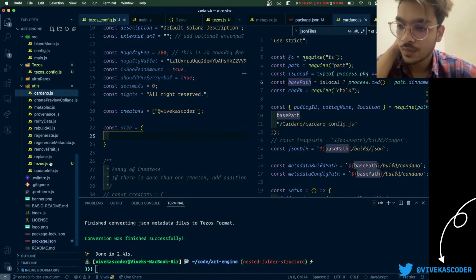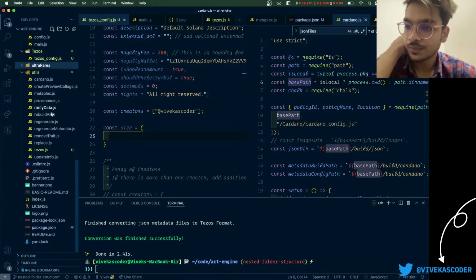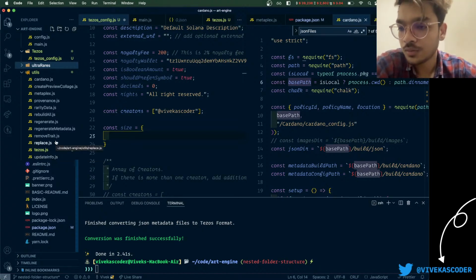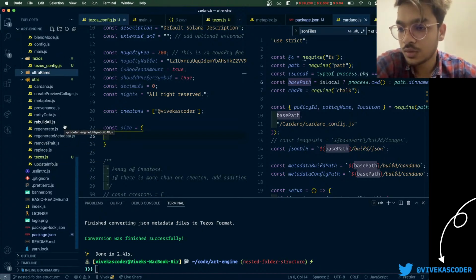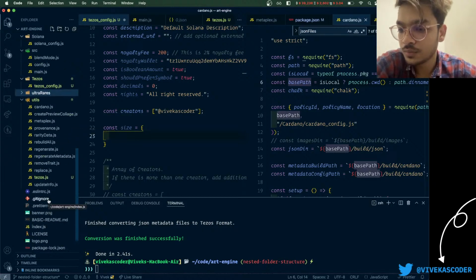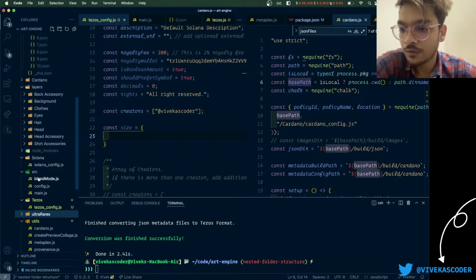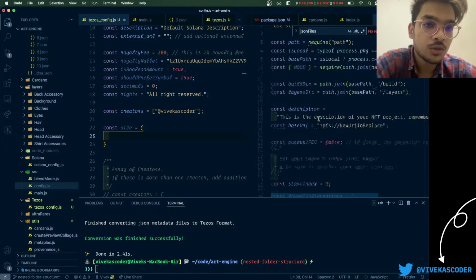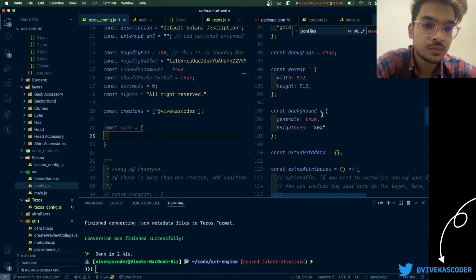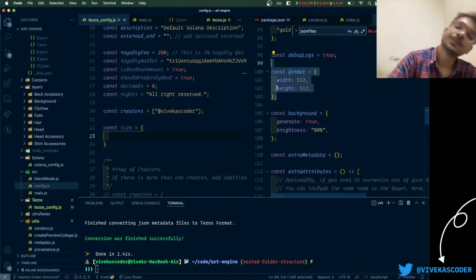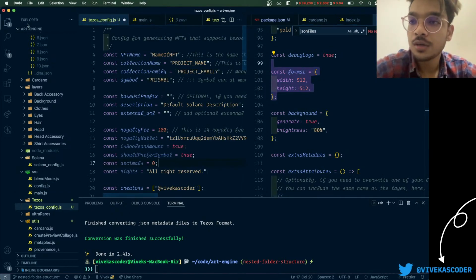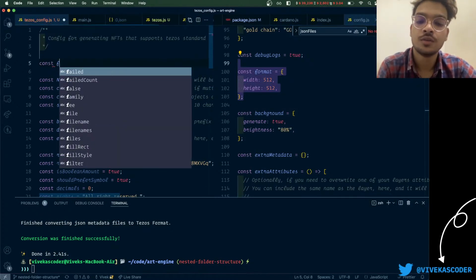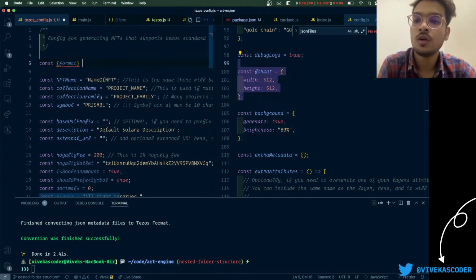Ultra rares. Update info. Where's the original config? Where do you specify the size? Right, format. This is the place. Let's import it. Const format is equal to